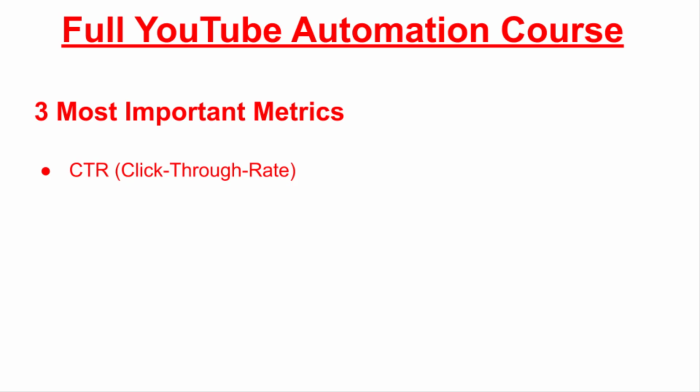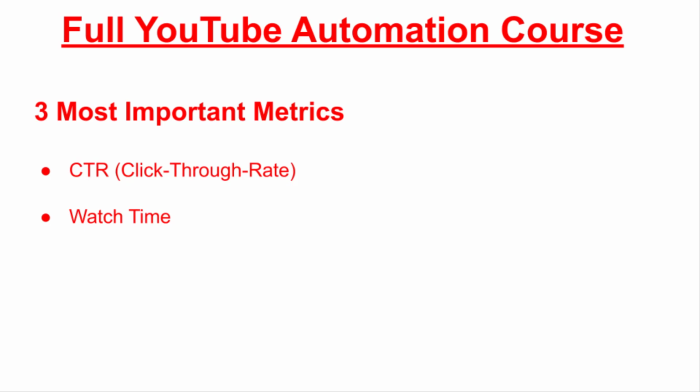And the higher the CTR, the better. The average CTR on YouTube is around 5 to 6%. So you want to aim for that or even higher when posting YouTube videos. If you have a lower CTR, less than 5%, that means that something is wrong with the video title or the thumbnail, and you should change it up and seek a solution for that particular video. The next metric is watch time,